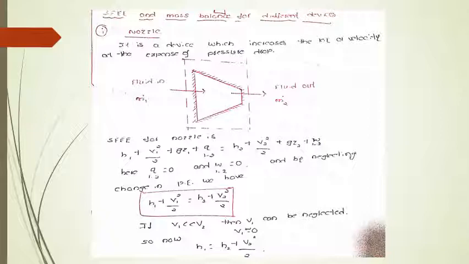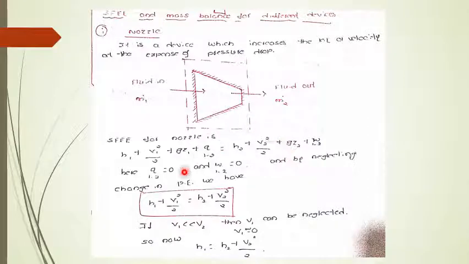So we can see in the diagram here, fluid enters here and leaves at the right side. So mass flow rate m dot 1 at inlet and m dot 2 at outlet, and both should be equal. Let us apply the steady flow energy equation for this nozzle. The general expression is h1 plus v1 square by 2 plus g z1 plus q1 to 2, which means enthalpy, kinetic energy and potential energy at inlet, plus heat transfer involved, which is equal to the same energy at the outlet.